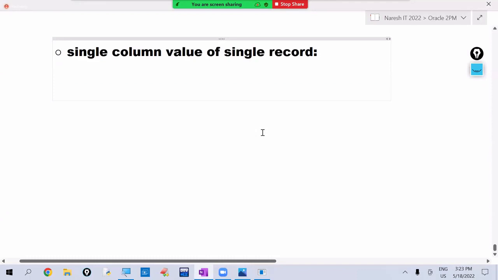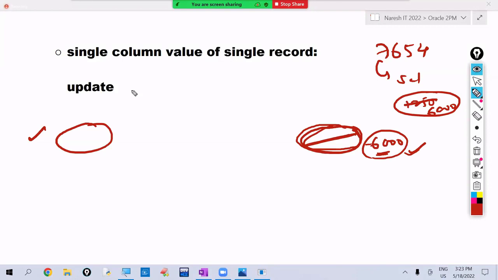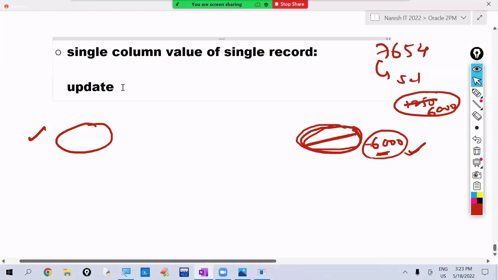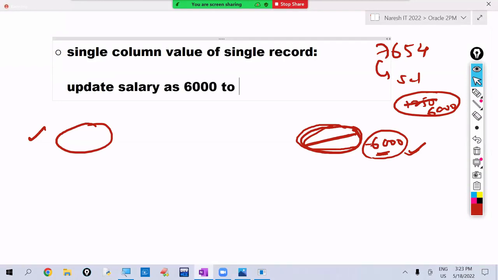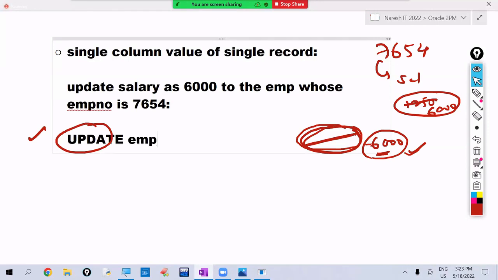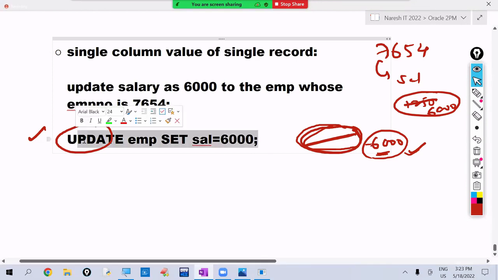Okay. So, see, I'm writing the question here: update salary as 6,000 to the employee whose employee number is 7654. So the 7654 employee's salary we want to set as 6,000. What do we have to write here? Update. In which table do we want to update? EMP. Set. Which column value do we want to modify? The salary column value. With which new value? 6,000. If we write like this,